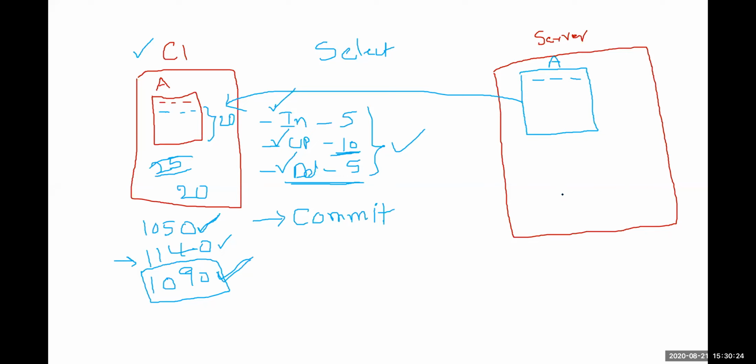Previously here we had only 1000 bytes. Now after commit is operated, this entire modified snapshot will be copied from here to here, so that the size of your table will be 1090 bytes. Okay, so you have to consider that whatever data manipulation operations you did so far,